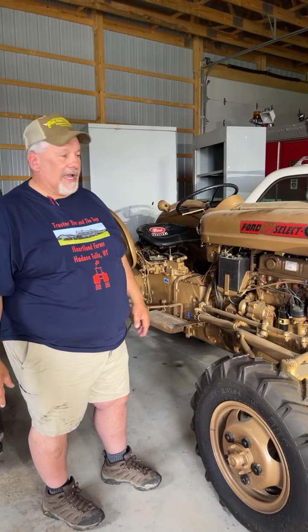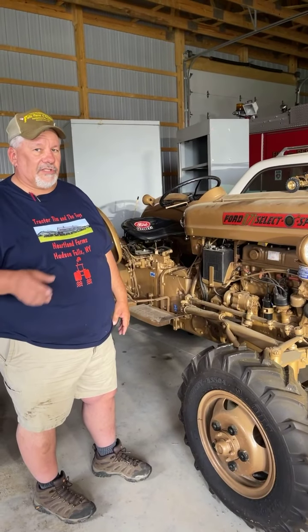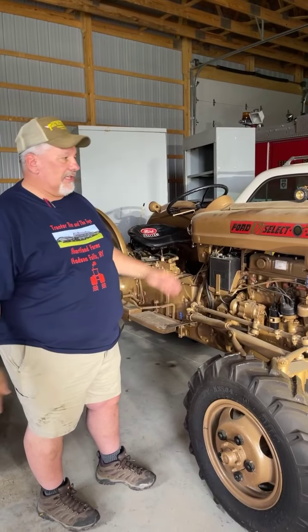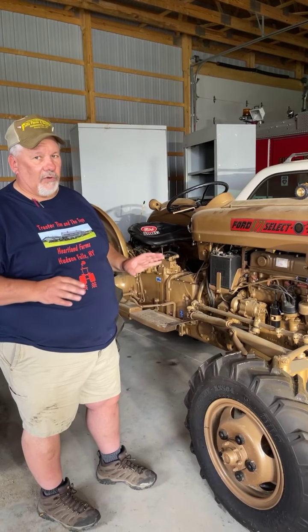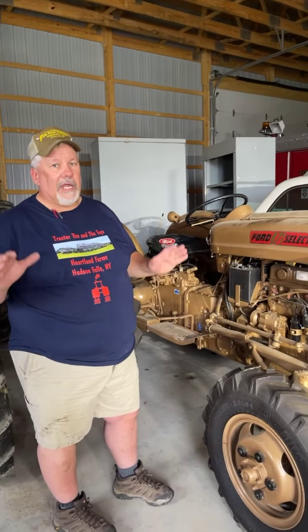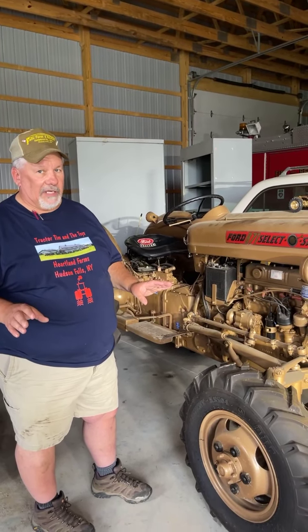So Harold Brock was working very hard on technological advancements in farm tractors, and he went on to design this selective-speed transmission. And at this point, Henry Ford II, who is Edsel Ford's son and Henry Ford's grandson, insisted that the selective speed be introduced in 1959. Harold Brock said this transmission is not holding up as well as I want it to in tests. It is not ready for production, and we cannot bring it to market yet. We have some more refinements to make, to which Henry Ford II said, no, the transmission's coming out in 1959,